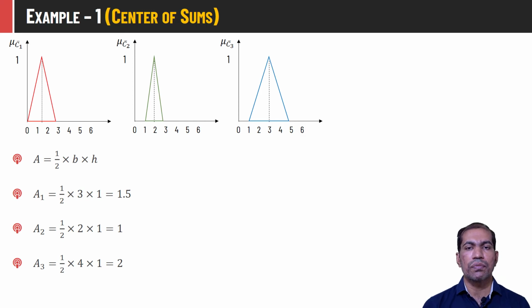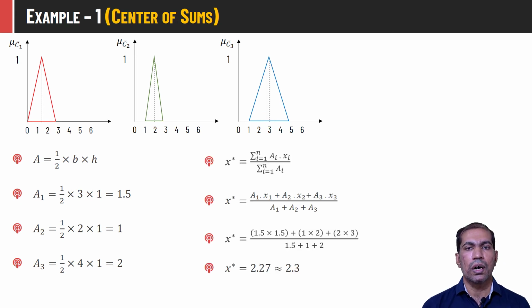The center of each fuzzy membership function we can easily compute from the diagram itself. As we can see, the center of C1 is 1.5, C2 is 2 and C3 is 3. If we put all these values in the equation of the center of sums method, which is summation over i equal to 1 to n